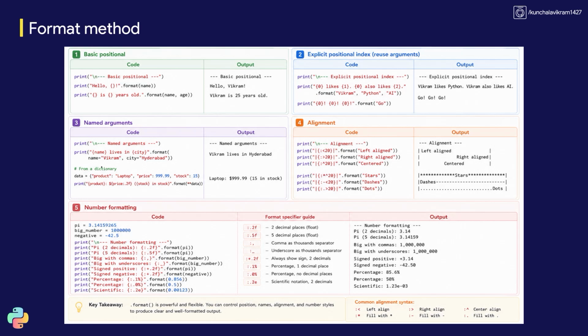Okay, and then yeah, you can also have the positional. So those are positional. You can also have named arguments. For example, instead of just having the empty brackets like this, you can just say which one to replace. Okay, so whether name should be replaced here, or whether the city should be replaced here. So the named arguments are also there. And then you also have left alignment, right alignment as well. So the syntax is